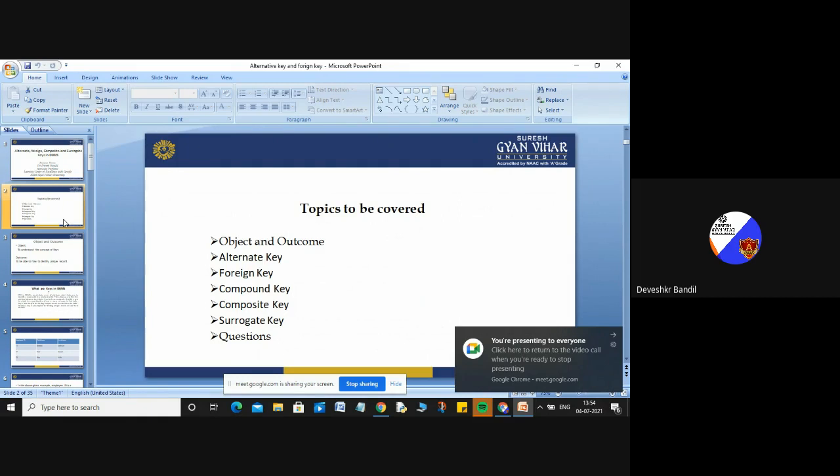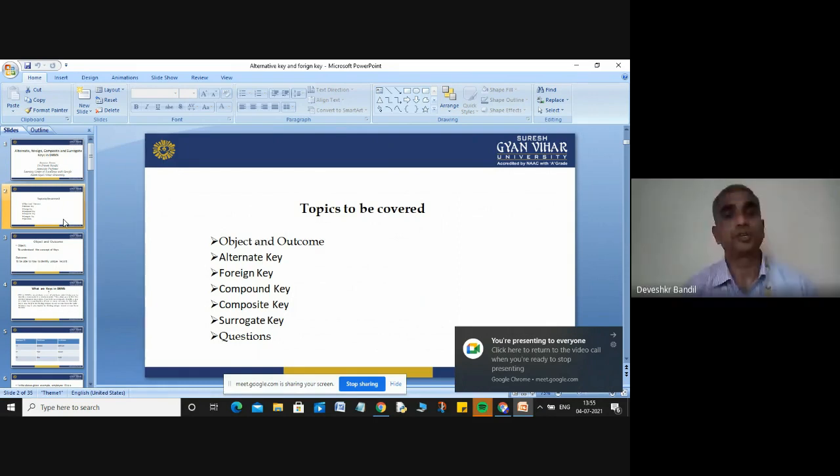The objective of your DBMS is to demonstrate the DBMS concept, the normalization concept, the ER diagram concept, relational algebra and relational algebra operations, relational calculus, and SQL concepts. After studying this paper, the student will be able to apply normalization, draw the ER diagram, write the operations of relational algebra and relational calculus.